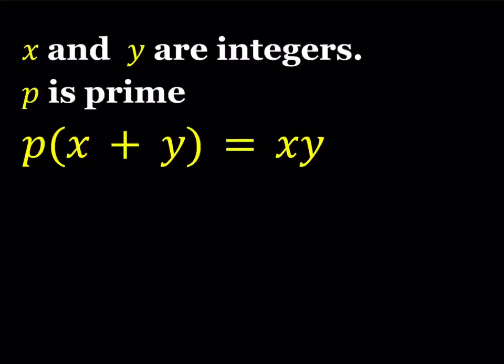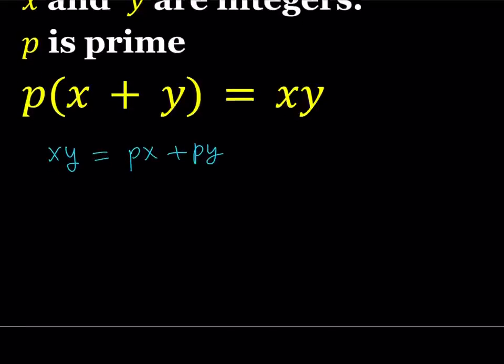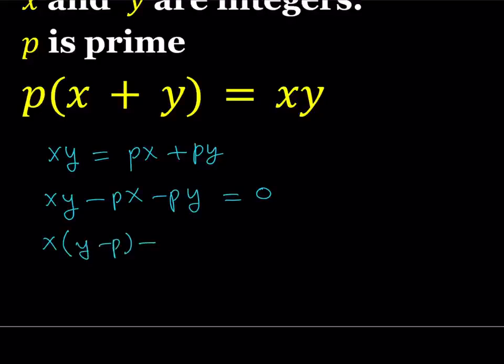So let's go ahead and expand the left-hand side, and we're going to be getting the following. Now I want to use Simon here, just like I used in another video, because Simon is very helpful in these situations. Let's go ahead and subtract everything from xy. And this is going to equal 0. So I'm going to take out x here, and then here I want to take out p, a negative p,